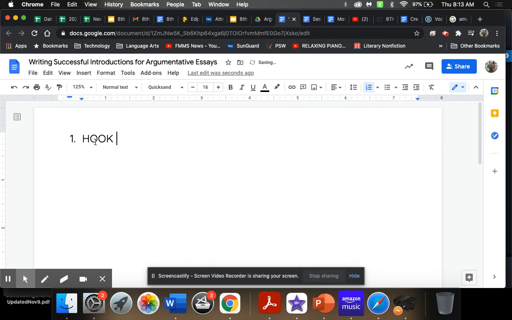What are some examples of hooks? Yes, you can ask a question. Now, if you ask a question, you are not allowed to say the word you. What that means is you never say, "Do you understand that violence could be a problem?" No, no, no. Your question as an almost high schooler now needs to not address your reader. It needs to actually cause your reader to think a little deeper. If that seems hard, then don't fall on the question hook all the time. Try to switch things up.